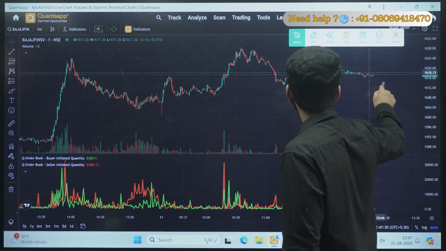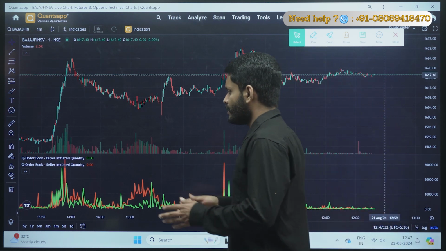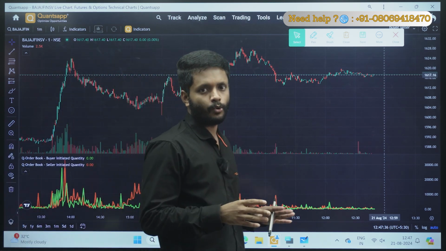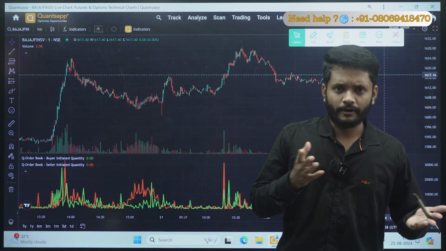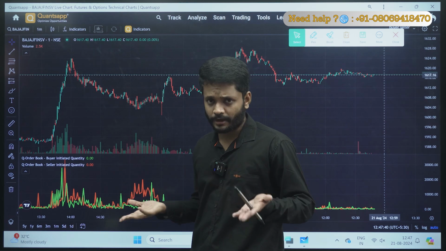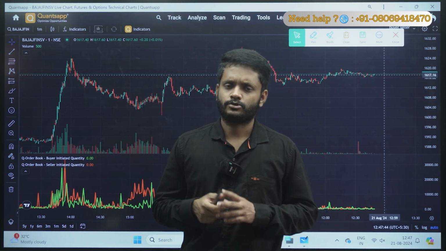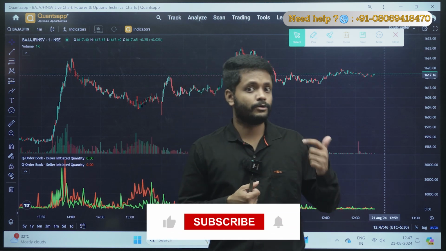Again it is retracing and moving sideways, but still, although not order book confirmation, if you would have simply traded based on OI, you could have easily made, I won't say the whole 30 points you could have scalped, but at least you could have made 15 to 20 points in futures. So I hope you understood how to find the reversals using